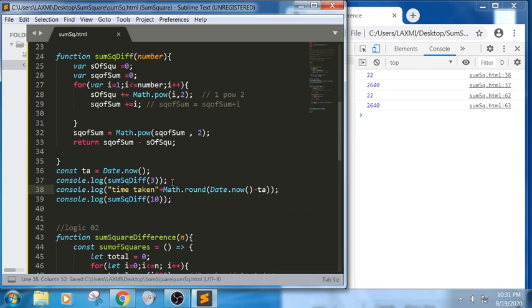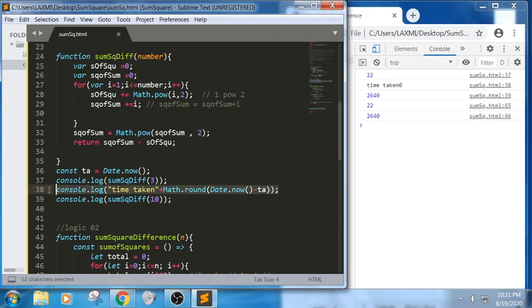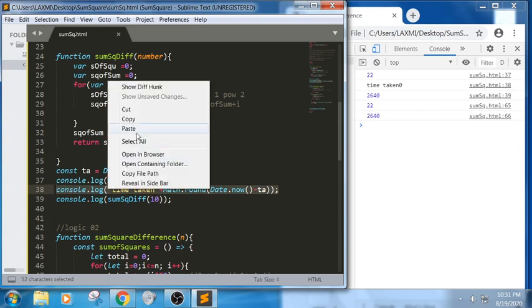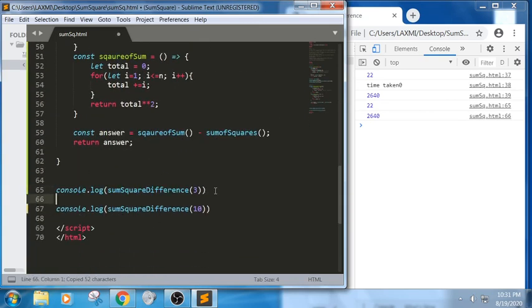Let us check whether it is getting or not. Time taken is 0, in the sense it will not calculate the exact time. For example, if I write the same syntax here also, it will try to illustrate the same thing.